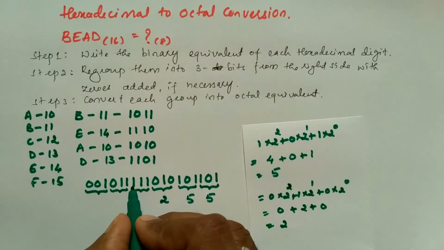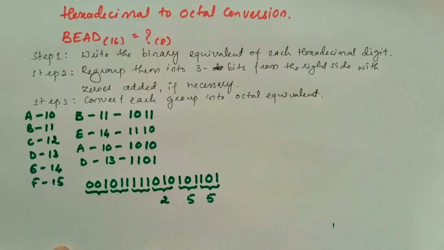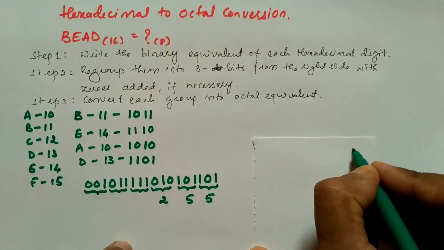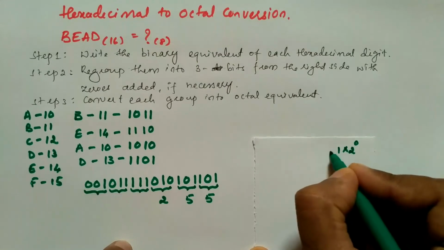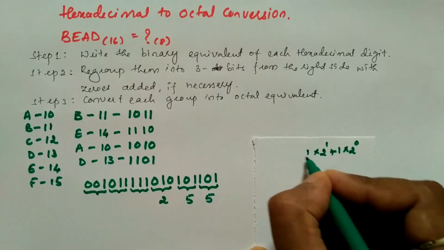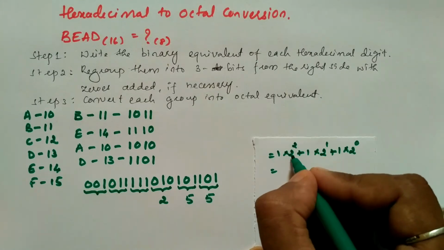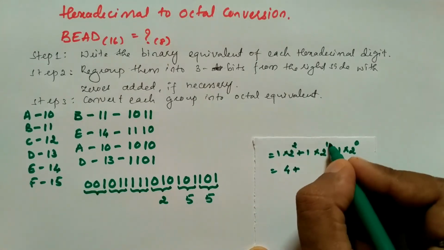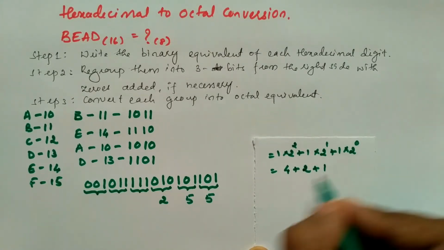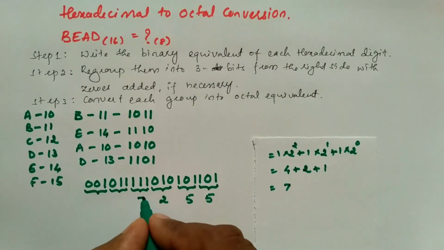Now you can see we have got 111. So again we are going to convert this binary number into its octal equivalent. So how to write? The positional weight of this rightmost bit is 0. 2 to the power 0 into 1, plus the next bit is again 1, 2 to the power 1 into 1, plus 2 to the power 2 into 1. 2 to the power 2 is 4, 4 ones are 4, plus 2 to the power 1 is 2, 2 into 1 is 2, plus 2 to the power 0 is 1, 1 into 1 is 1. So here 4 plus 2 plus 1 is 7. Correct? So 111 represents 7.